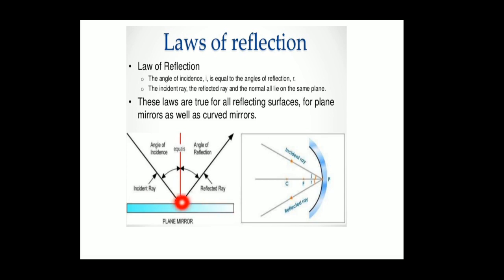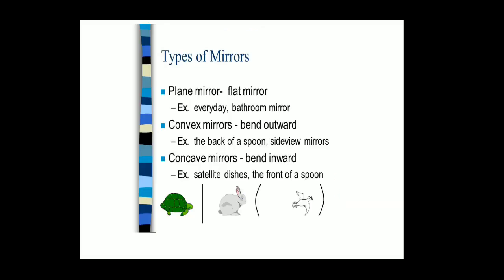So far we studied reflection in a mirror, a plane surface. It will also take place on a curved surface. Can you recall this diagram from somewhere else in your lower classes? Yes, that is what we are going to study. Next one is called the types of mirror. There are three types of mirror. One is called a plane mirror.